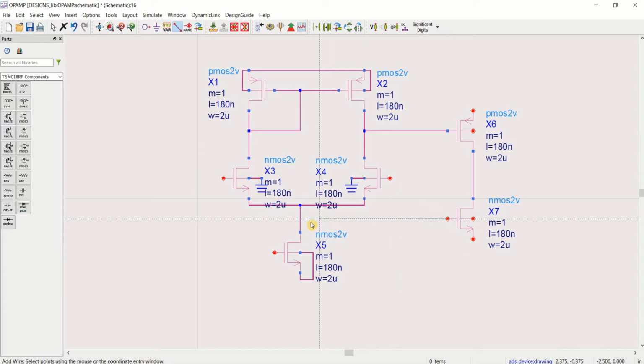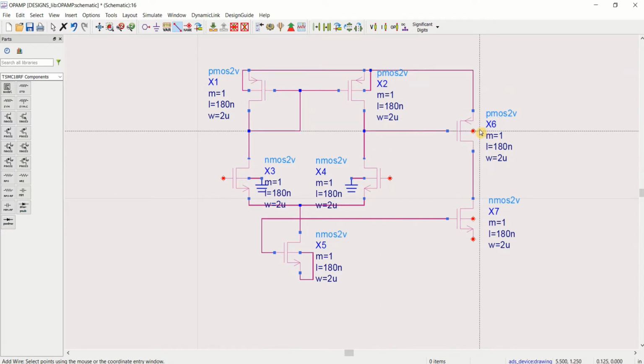Connect this input with the constant current source here, common source. This with the ground. You can connect this.